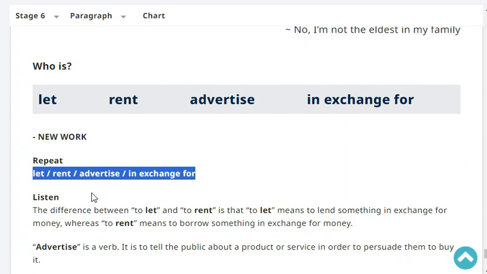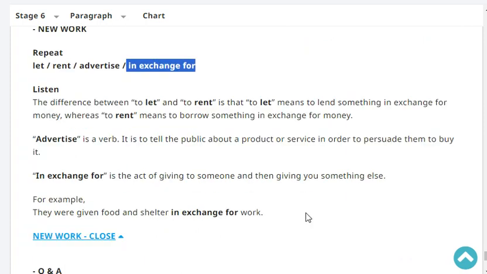Let, rent, advertise, in exchange for. In exchange for. Very good. Okay, listen. The difference between to let and to rent is that to let means to lend something